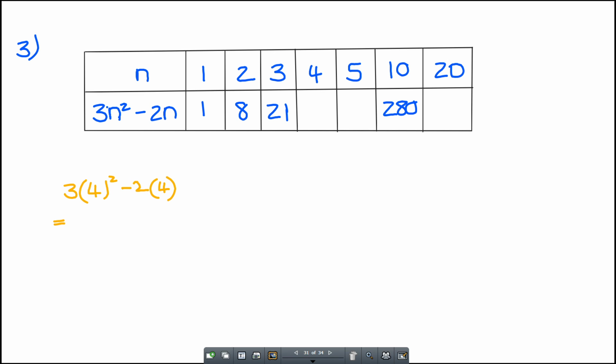So that would give you 40. Okay, then we also got to substitute in 5. So 3 times 5 to the power of 2